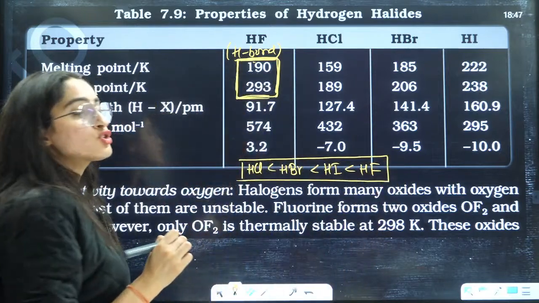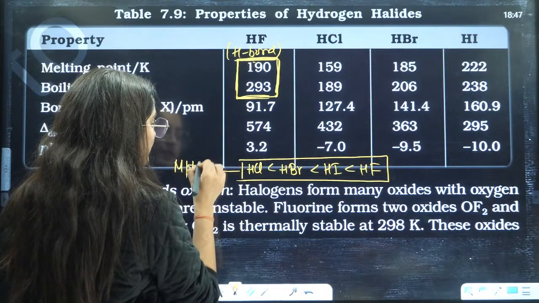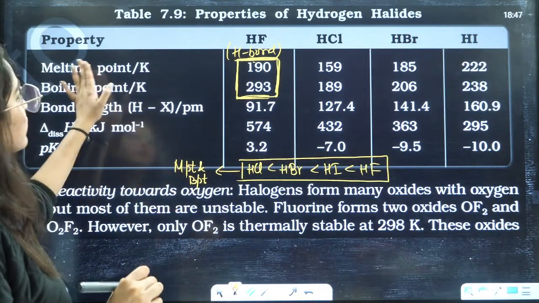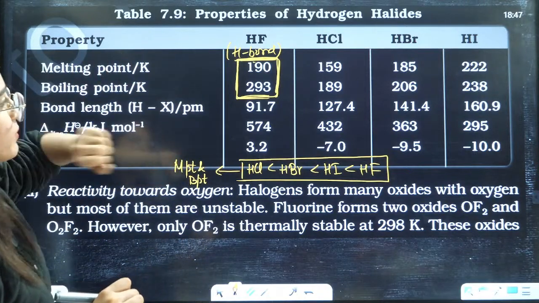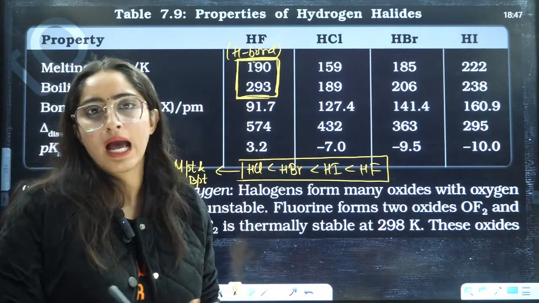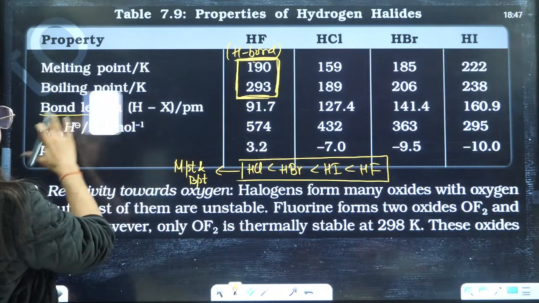The reason is the strong hydrogen bonding. Because of that, this is the order of melting and boiling point, right? Okay. Minimum is for this, then it is increasing. Maximum is for HF because of the hydrogen bonding. Next we have